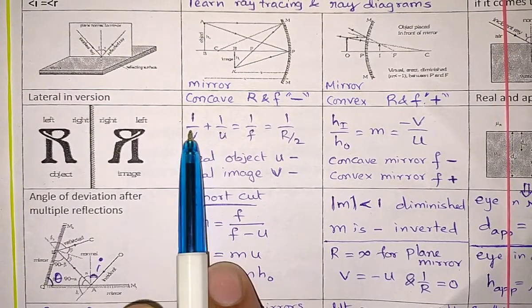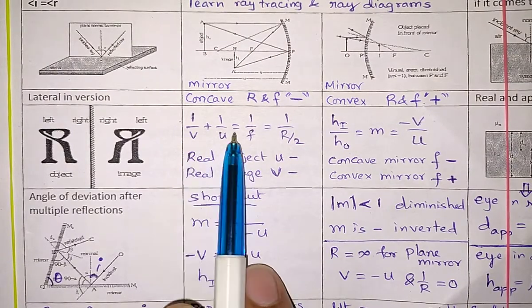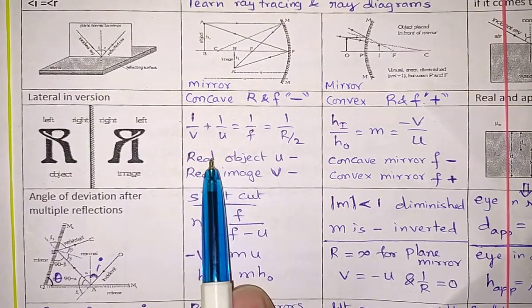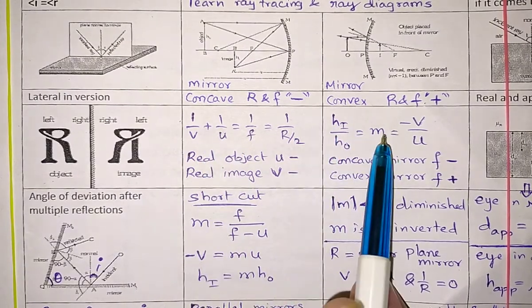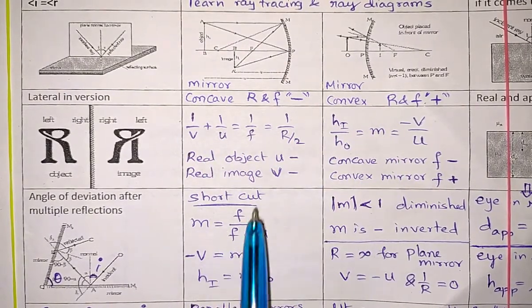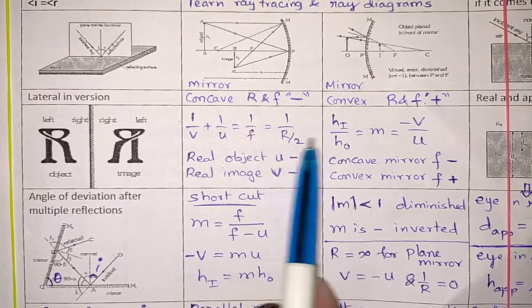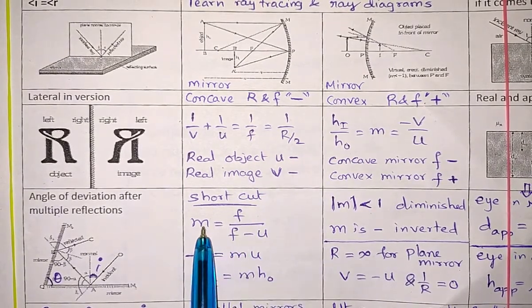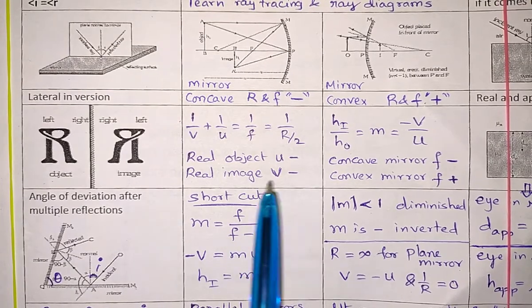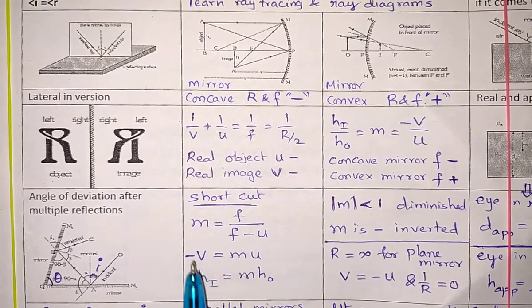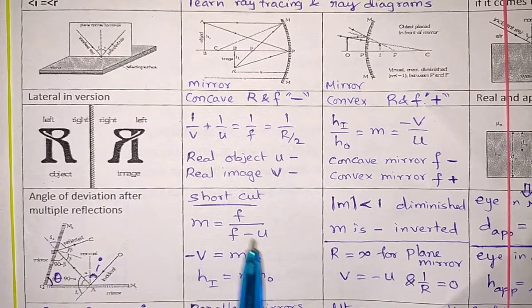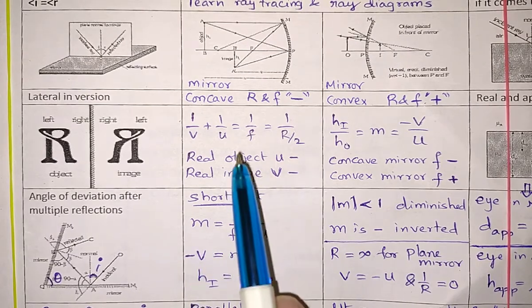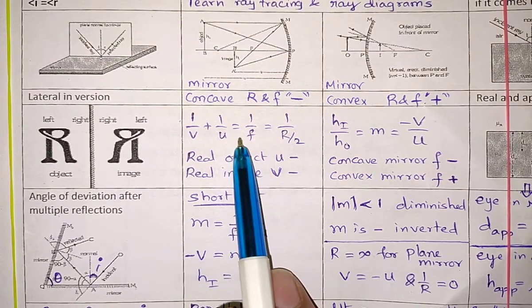Many a time, with this 1/V and 1/U, we need to take the LCM and get the focal length by reciprocating it. So if this part and this formula can be combined to remember in the simplest form, it's just a matter of 5 or 6 steps. We can get a shortcut formula for magnification, that is F by F minus U. Deal with both of these, you will get the answer. Once you get the magnification, magnification times object distance gives you image distance with a minus sign. Magnification times object height gives you image height. This is a more convenient way of doing the problems very quickly if you want to get the answer. And this formula holds even for object distance infinity and image distance infinity.